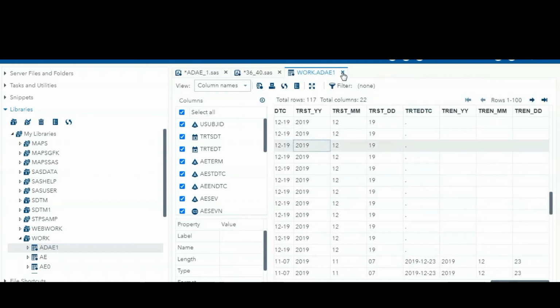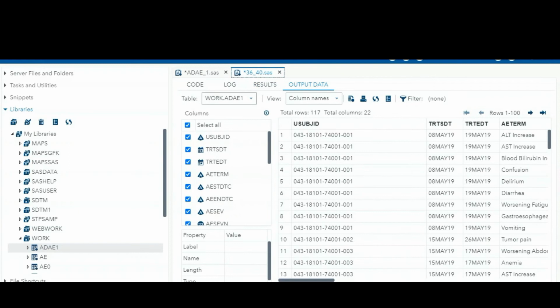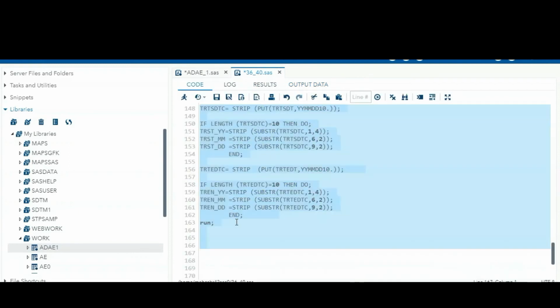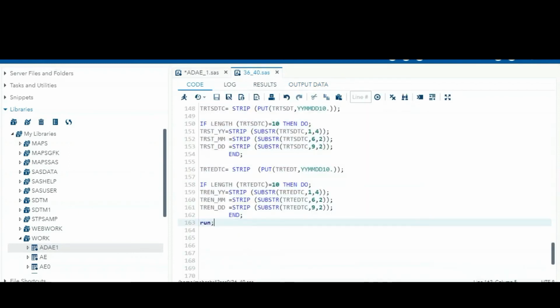So we have done the first step, and now we are going to see the conditions one by one, what they mentioned in the SAP. The first condition is that ASTDT has this type of data, meaning only the year part and month part are present, the day part is missing.